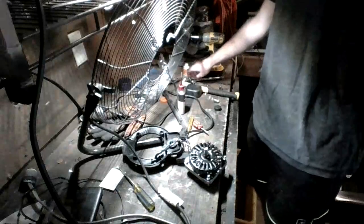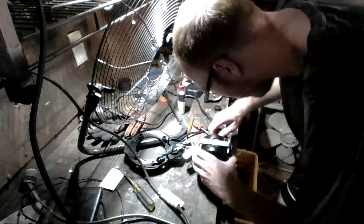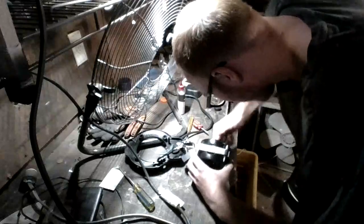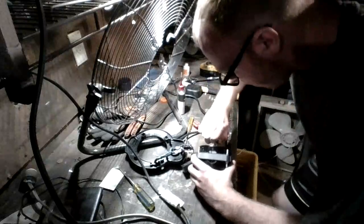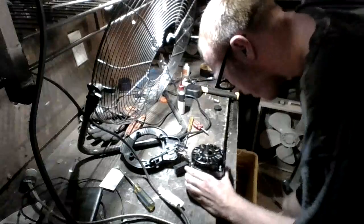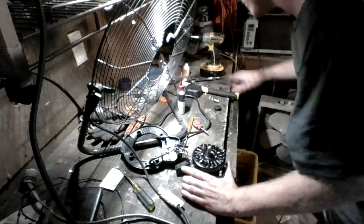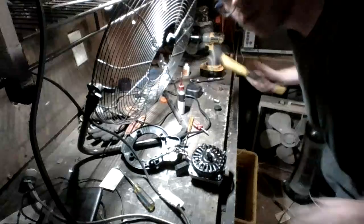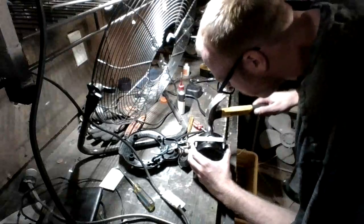Okay. So we got our motor reassembled, to make sure it can spin freely. Okay, nope. Alright, we're pretty stiff. It's not good. Alright, so we got a little bit of a problem here. I don't know if you guys were able to notice that. I had kind of a rough time. So I'm going to